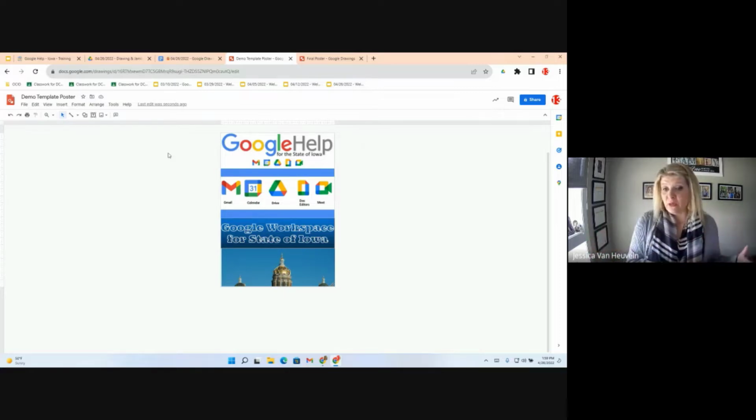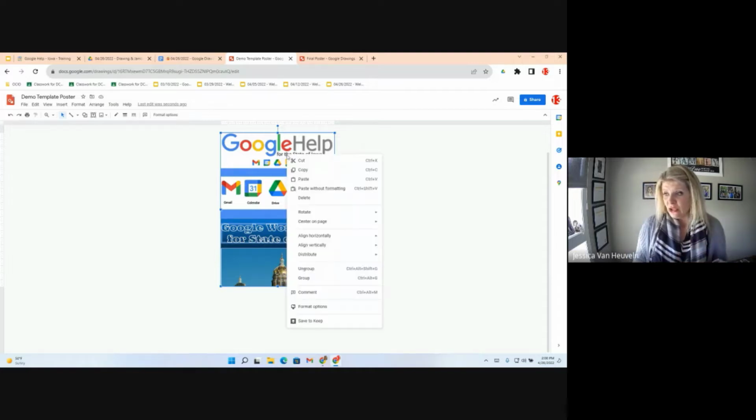Google Drawing and Slides work really good together. So if you make this great web button and you copy this, it's going to copy that identical thing into your slide. Not perfect, and it does not work in Drawing docs because you're going to use Drawing as your tool to make that picture, right? So just telling you, it works really good with Slides. You can also group this entire thing with Control A, which is select all, or you can do the same thing by highlighting it all. Everything I have just highlighted in that area is going to group as well. Okay, you can always right click and then choose group,